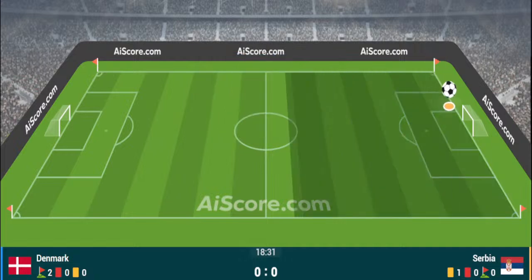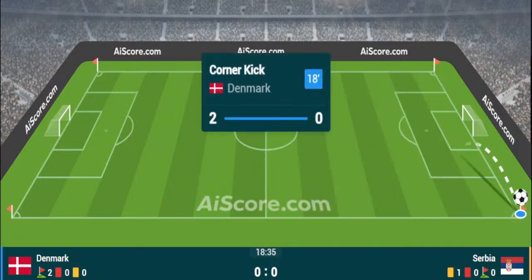Mela now on the left-hand side, just outside the penalty area, entering the penalty area now. It's Mela, goes to this left-hand side, angles a cue, trying to feed it across the face of goal. Wins a corner kick for Denmark, and Denmark now starting to ask one or two questions,